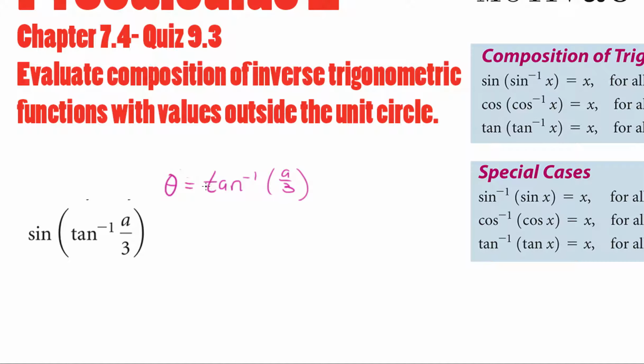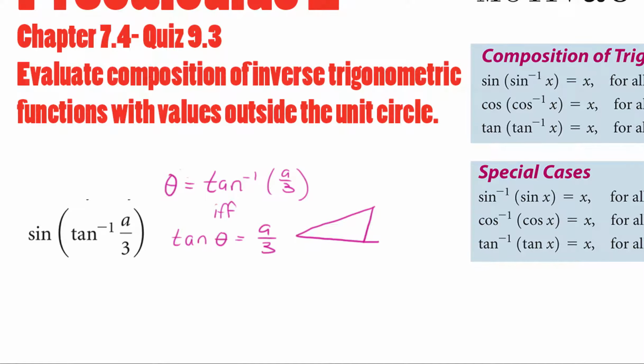Call it theta; it could be alpha, beta, x, y, z, w, whatever you want. Now, I'm going to use the inverse definition, the if and only if statement. Tangent of theta equals a over 3. Okay, and then once we are here, we can use SOHCAHTOA